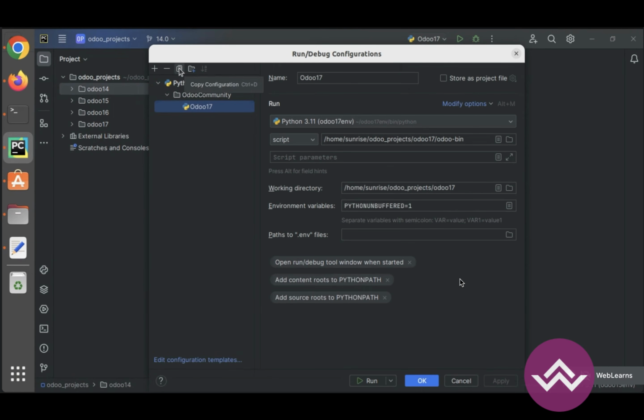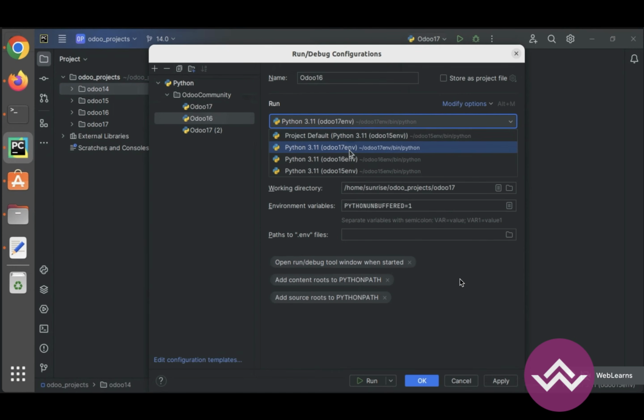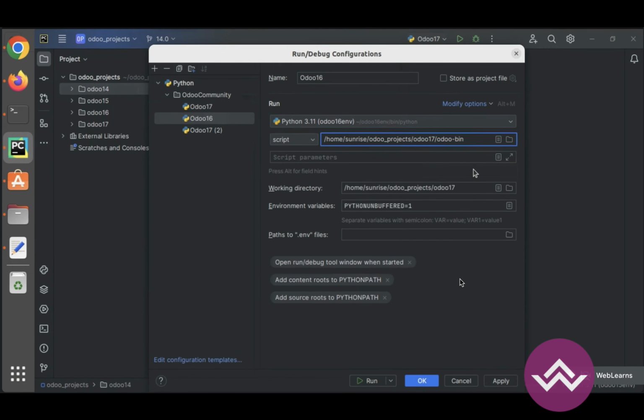Here I'm trying to copy and paste two times. This one is for Odoo 16. Here we don't need to use this 17, we have to choose this one. We have to choose the Odoo bin file for Odoo 16, and the working directory would be Odoo 16. Apply, and for this one, 15,